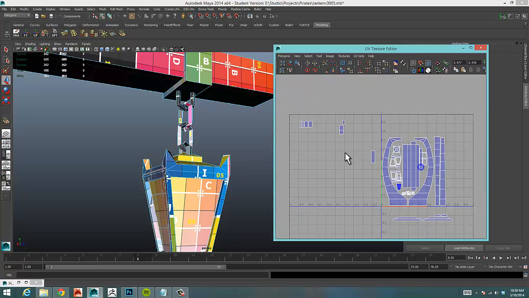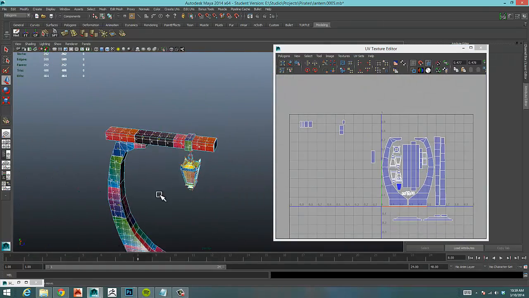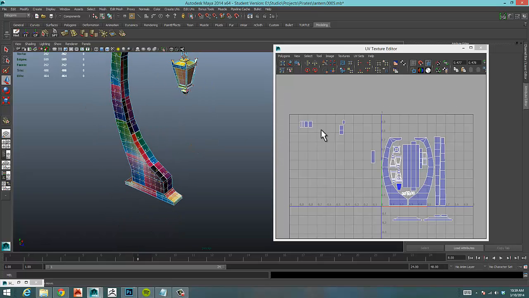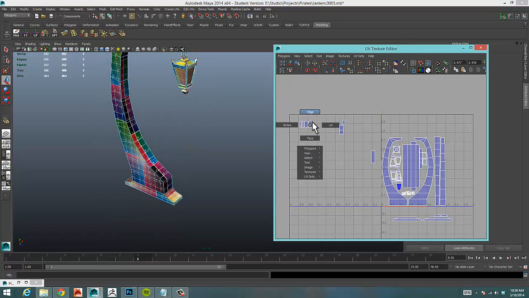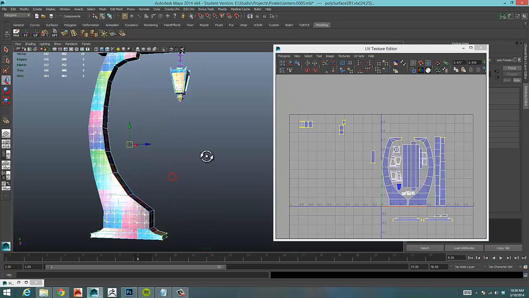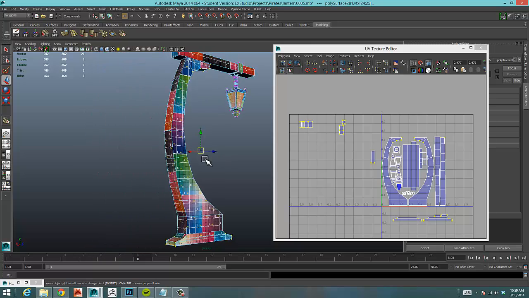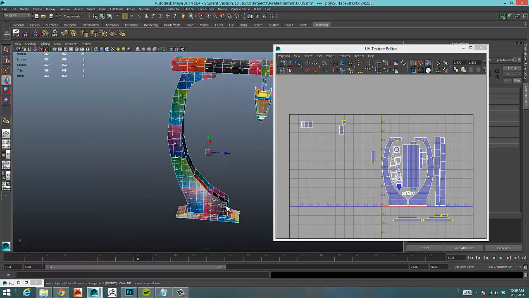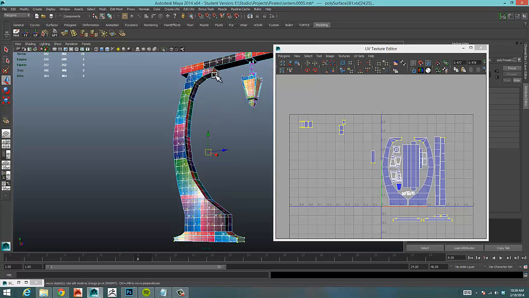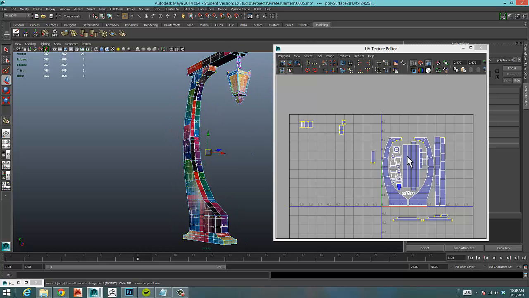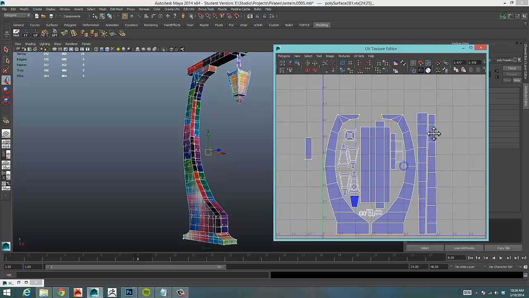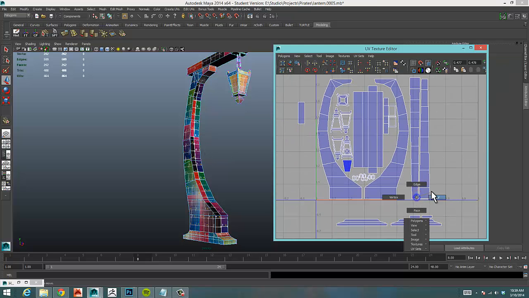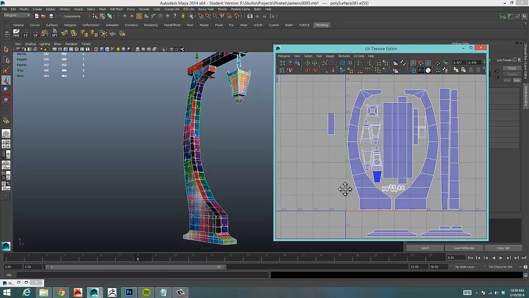Alright, so then I should just have the base left. Although I'm not really sure where these go, so I'm going to go to Vertex Mode, select those, and some of them are down here, some of them are up here at the top, so we probably need to sew those to our little top section that we missed. So edge, so that's probably